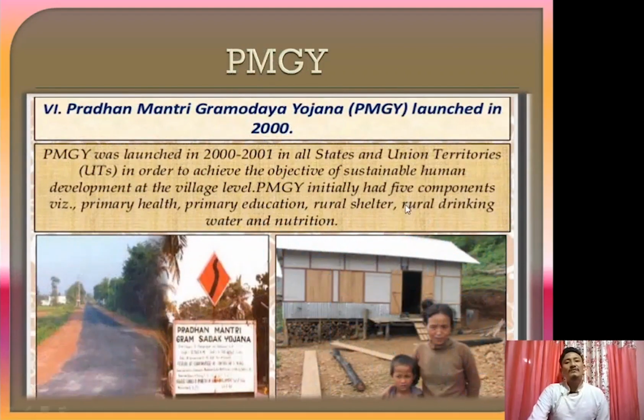Also, after that we have Pradhan Mantri Gramodaya Yojana. It was launched in 2000 and the main motive of this is to achieve the objective of sustainable human development at every base level. So initially 5 components: primary health, primary education,